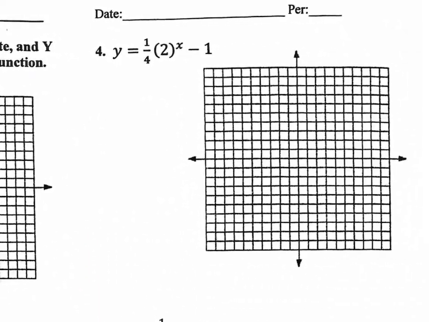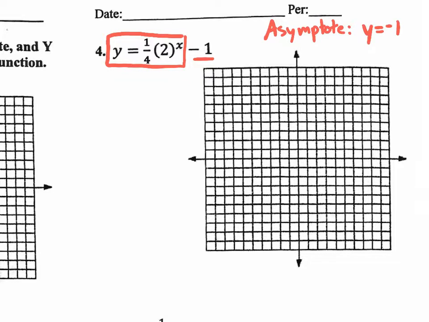What I recommend for you guys to do is to ignore h and k. We don't even have an h, so you just box in that, ignore the k value. The k value is -1. You already know that your asymptote is -1, but it should be written as an equation, y equals -1. So that what it means is that after we graph the parent graph coordinates, we're going to shift them all